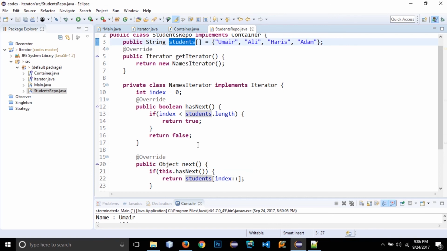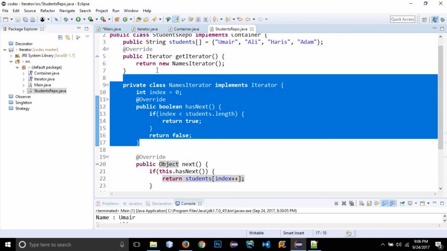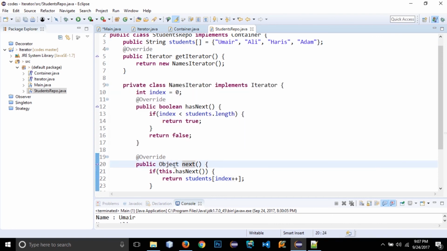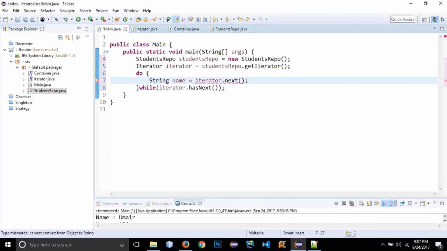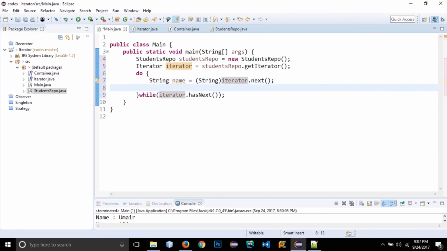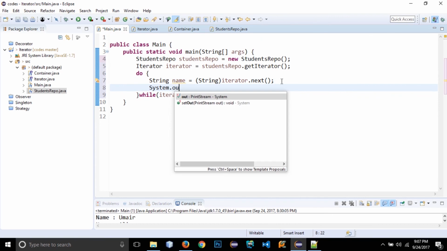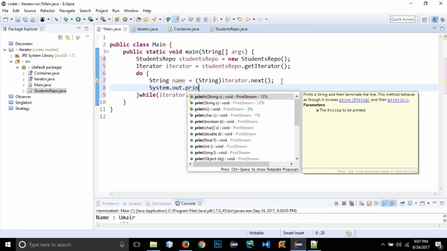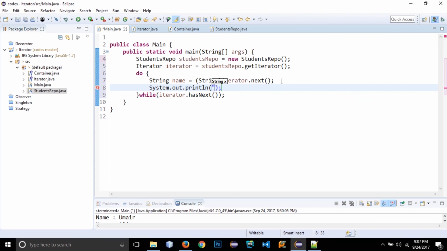Okay, but where we are using this iterator pattern, we can add a typecast. If it is not an object, we can typecast it to string. If it is an object, then we are good to go. So I'm going to cast it with the string. So the error has gone. Now I need to print out its value,